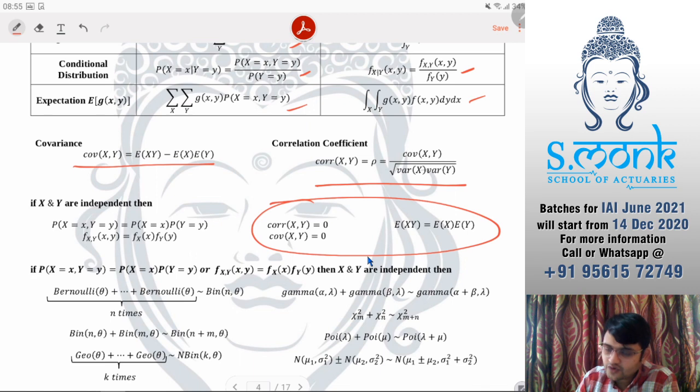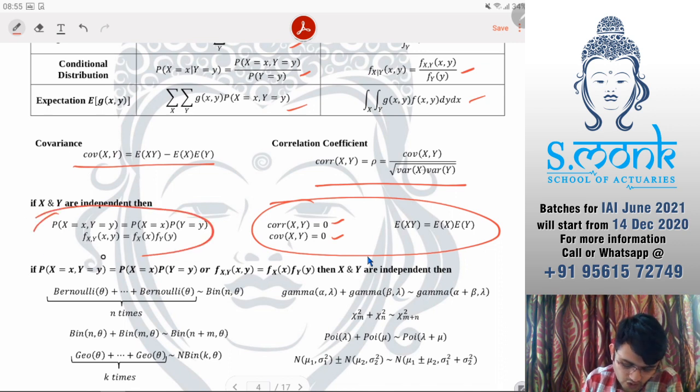They do not talk about any other form of correlation. If we have curved correlation, squared correlation, cubic correlation, we may still find our correlation coefficient or covariance being 0, but that does not mean that x and y are independent. They only talk about linear dependency. They do not talk about overall independence. So whenever you are trying to prove x and y are independent, you need only probabilities. You cannot prove it using these terms.